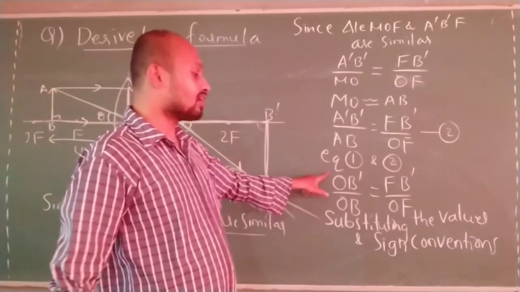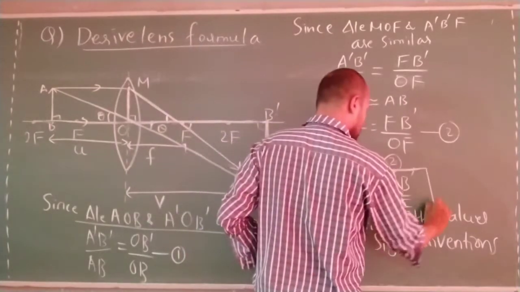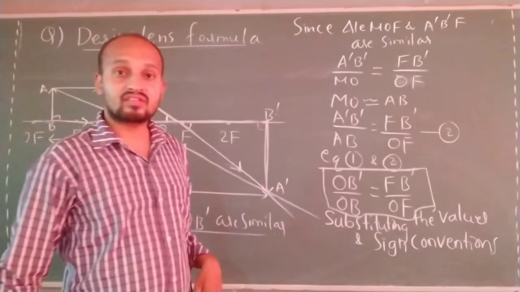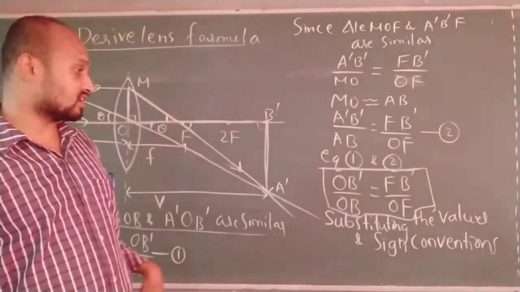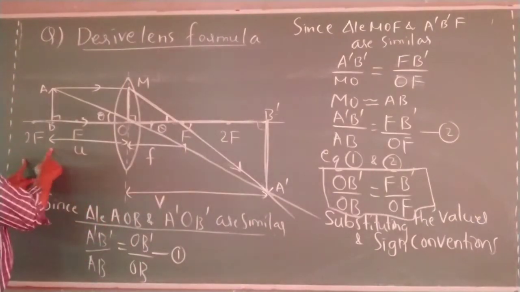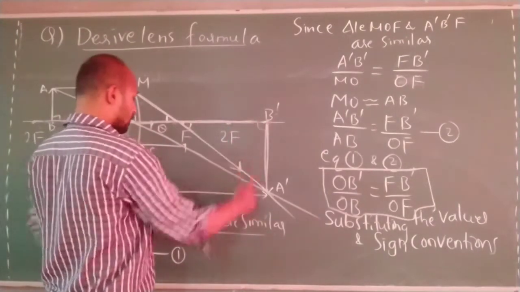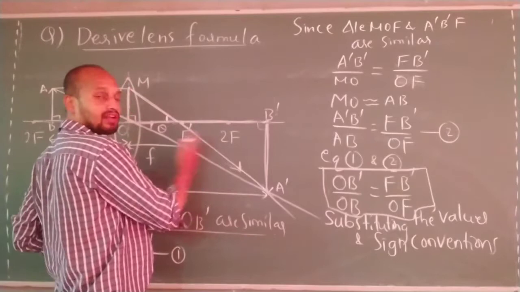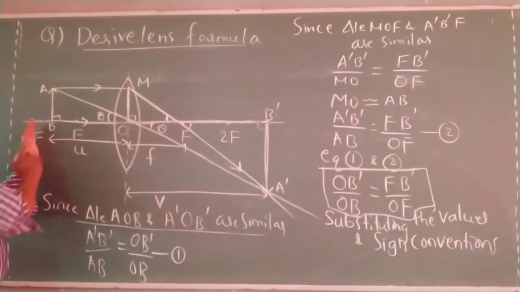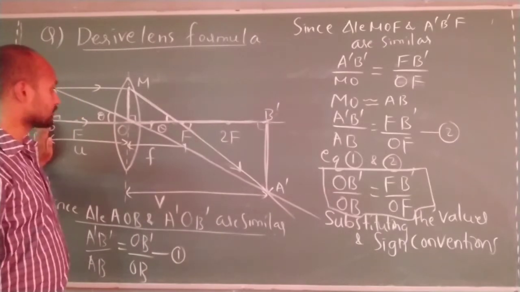I will substitute the values in this equation and I will put sign conventions. OB dash, what is OB dash? OB dash is V. Sign convention is positive. OB is U, which is negative. Correct now? Then